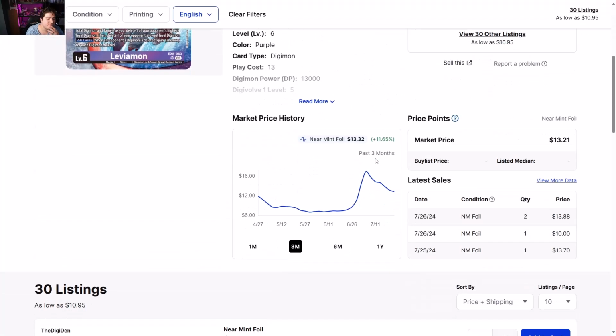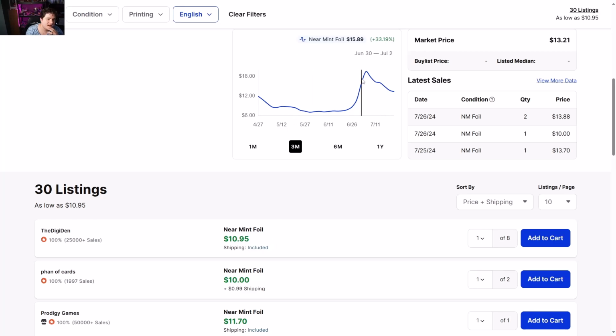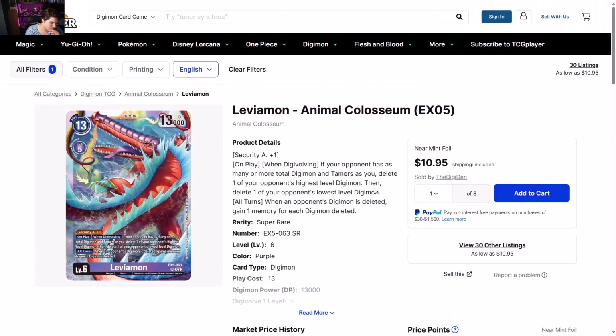Leviamon EX05 is starting to cool off from that hype of like 20 bucks, and it's starting to come down again. We're back into the 13s. It's one of the cards that you kind of just hold on to for right now. I mean, we got $11 sitting here from DigiDen, but it's one of those cards you definitely hold on to